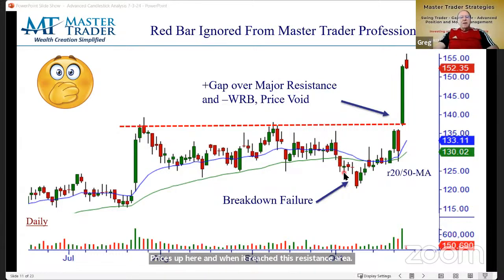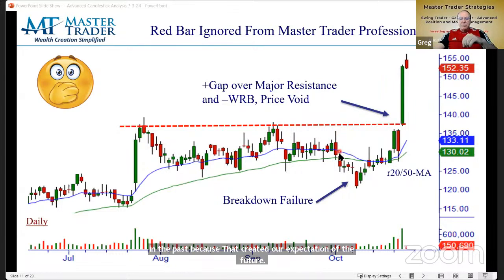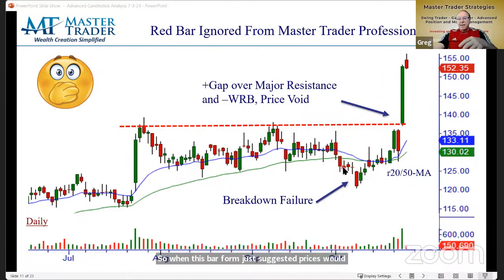And this chart is a great example of why most of us, if not all of us, get a little crazy with these charts, because we want to see prices continue to do what they did in the past, because that created our expectation of the future. So when this bar formed, it suggested prices would go down, and they did. Now, as they continue to move down,